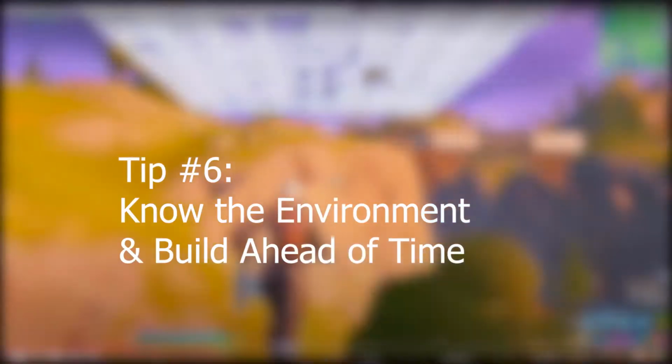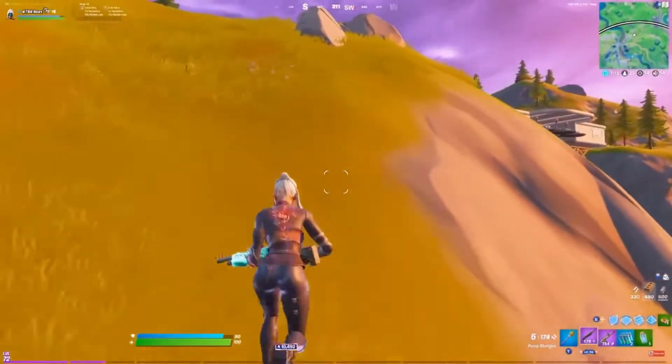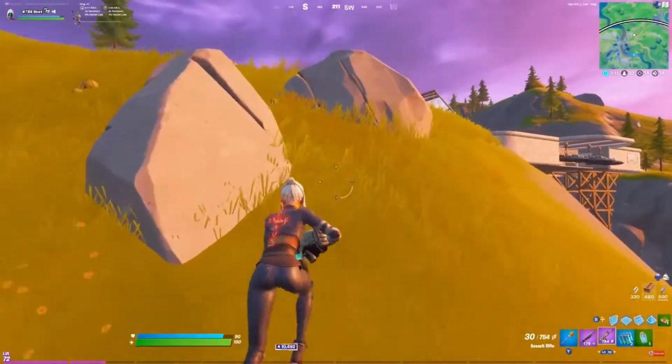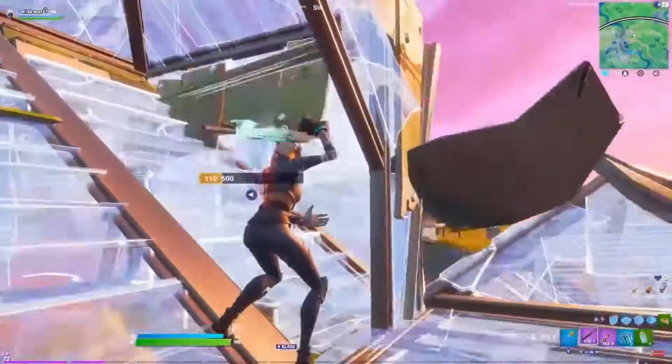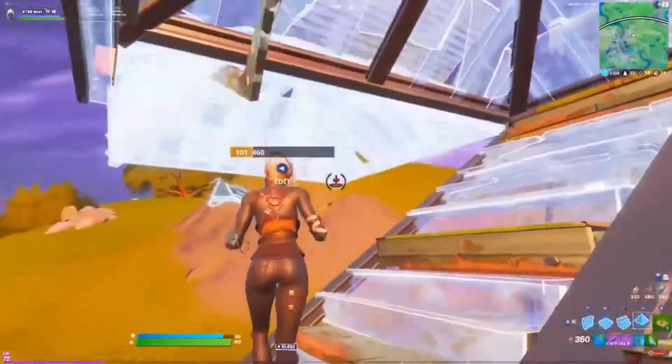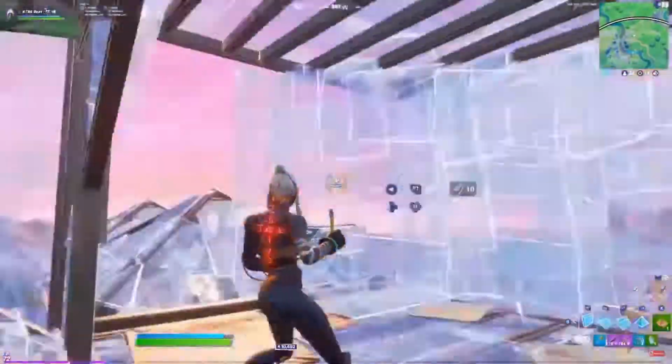Tip number 6, know the environment and build ahead of time. As you can see, Reet is doing solo versus trios in this. He's got like 14 kills. He's about to push this guy all by himself, and then he realizes, wait, his whole team's about to push. So he stops, starts building as much as he can around him so he can get as much piece placement